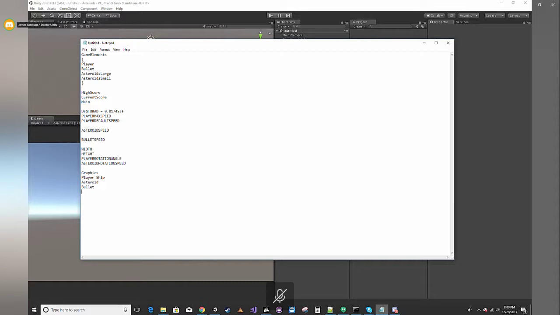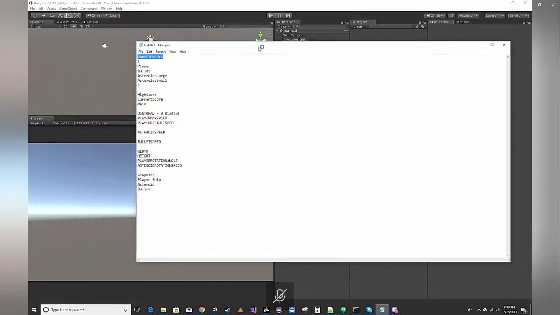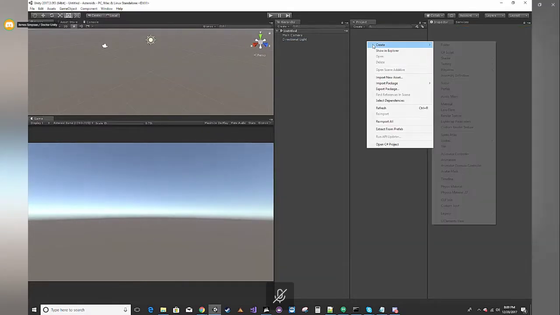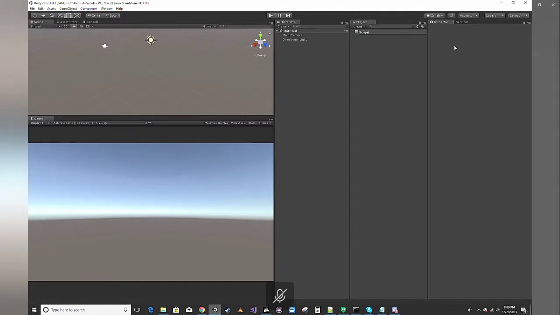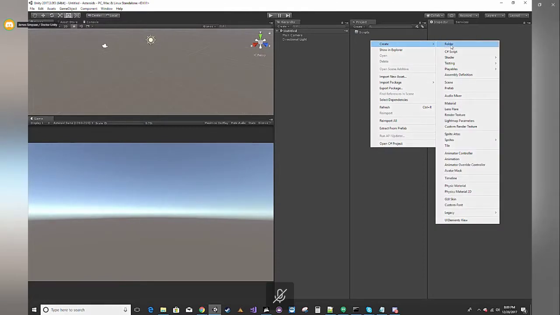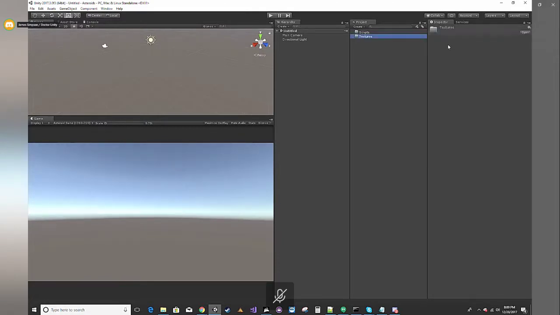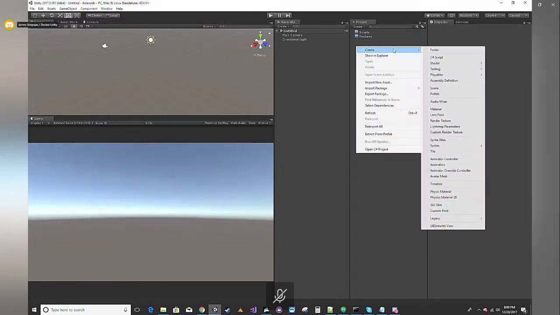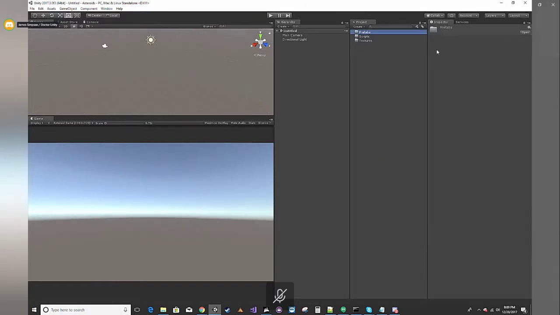So one of the first things I want to do is start with my game elements class. Over here, I'm going to right click, create a folder, and call this one scripts. I know I'm going to be needing a texture. I know I'm going to be needing prefabs. Let's see what else I'm going to need. That should be it for right now. So let's go in here and we'll create a C# script. We'll call this